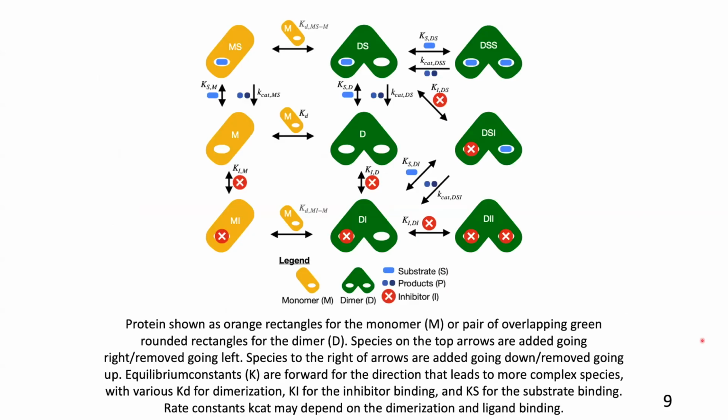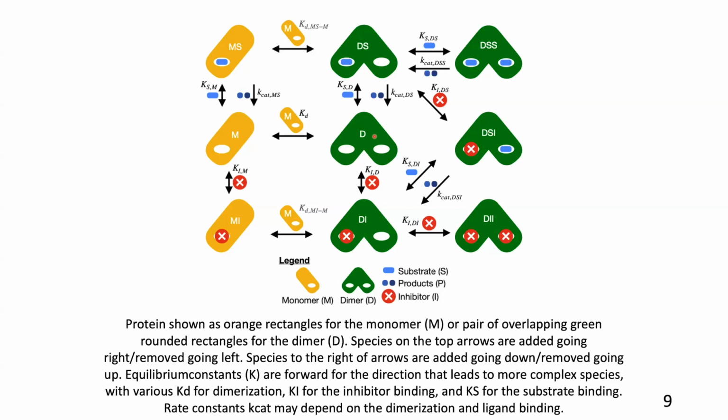The model that we developed is an enzyme kinetics model that involves not only standard binding to an enzyme, but also the dimerization of the enzyme, and also the binding of substrate and of inhibitor, with 9 total states of the enzyme and enzyme substrate or inhibitor complex. And there are transitions between these different states. I'll talk in a little more detail about some of these parts of the model. I'll just run through some of it. For example, you can have a monomer of the enzyme that binds to another monomer to get a dimer.